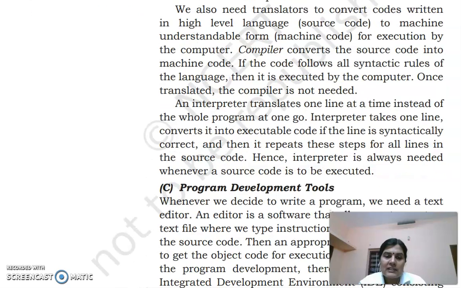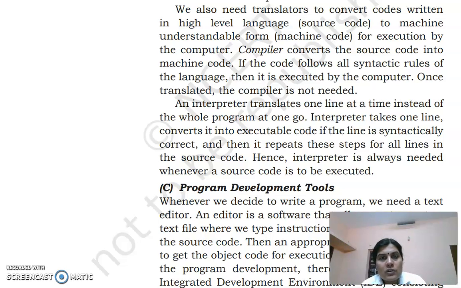Then there are language translators available to convert code in programming languages like high level language to machine language. That means if you are writing programs in C, C++, etc., it will be converted to low level language using translators. There are two types of language translators used to convert high level language to low level language: interpreter and compiler. You have all heard of compiler or compilation. Our C programming uses compilers, like Turbo C. A compiler converts the source code into machine code.